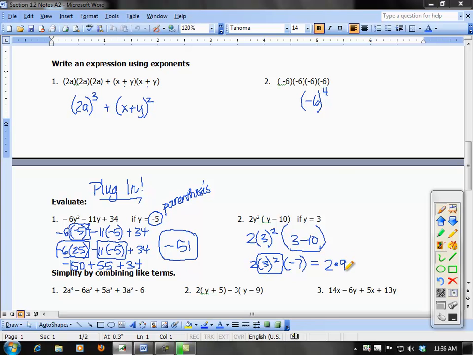So 2 times 9 times -7. Multiplication is commutative, so just multiply them together, get a -126. Okay? Now, I'm going to do the combining like terms with you next, and then I'm going to wait on